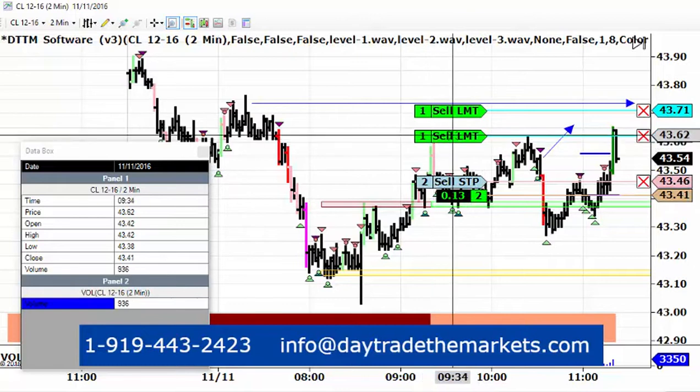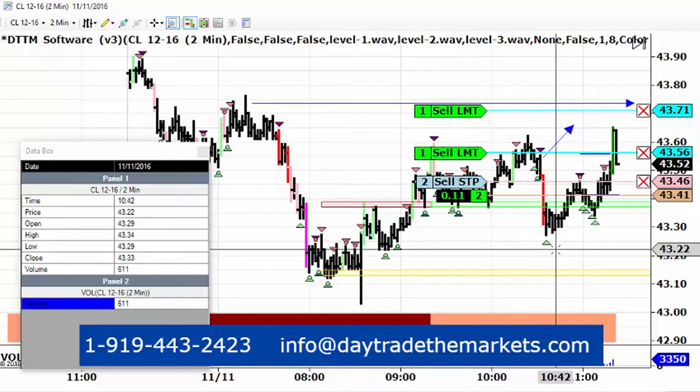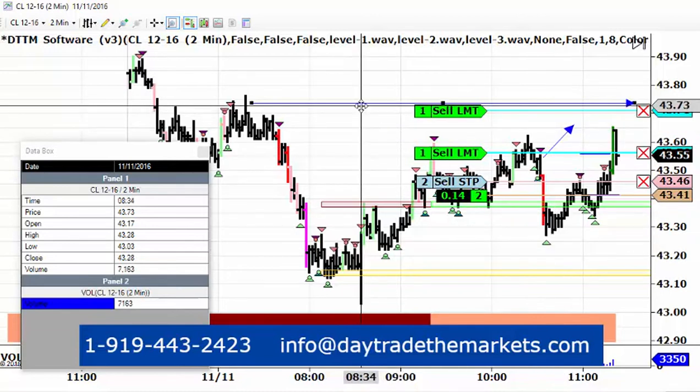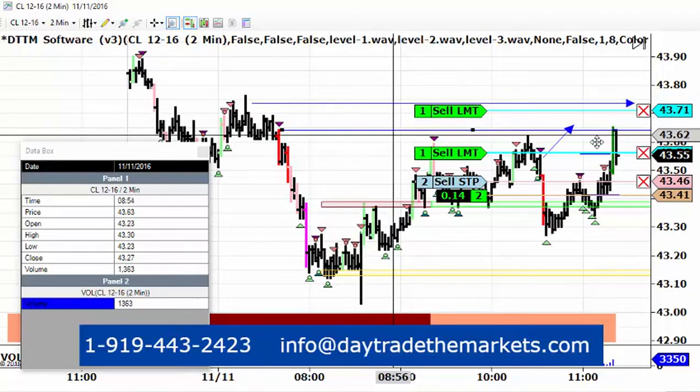146. Let's see, I think I'll actually bring it down to that 56 level, see if we can get filled on that. It could very well get volatile here in the last few minutes. The crude often will do that. It could still shoot up, but we do have an area of resistance up here where you can see the aggressive selling started right here,